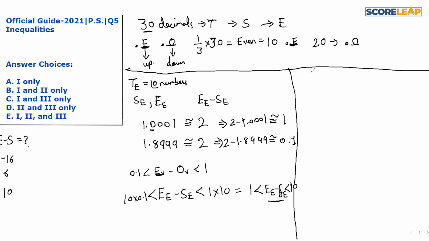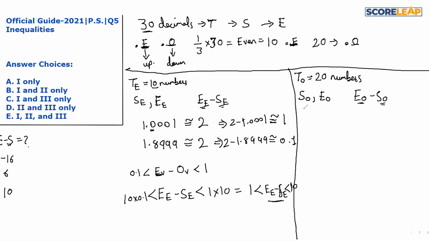Similarly, we will find out the limits for the numbers in which the 10th digit is odd. So we have 20 such numbers, and the sum of all those 20 numbers is SO, and the sum of estimated values of all those numbers is EO. So we have to find out the limits of EO minus SO. We don't have to find the limit of SO minus EO because that will make it complicated. We have to go in the same way as it is asked in the question. It is asked E minus S. So here we found EE minus SE, and here also we will find EO minus SO.